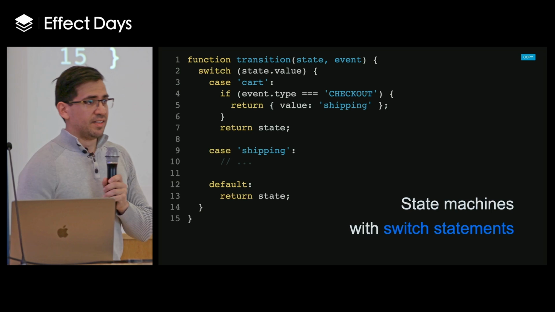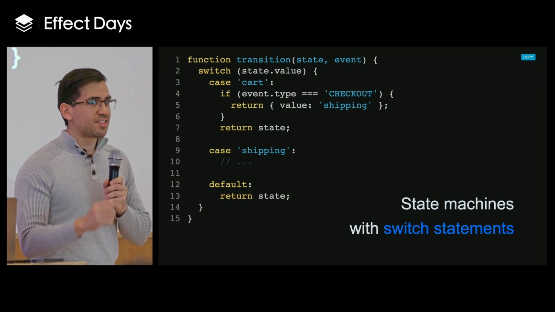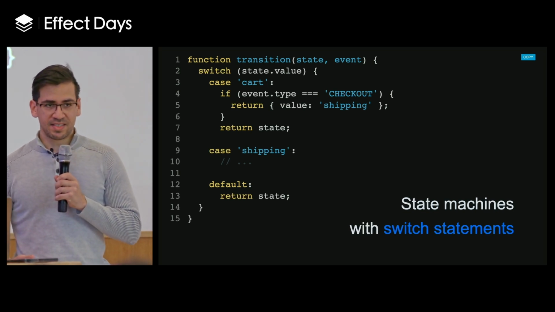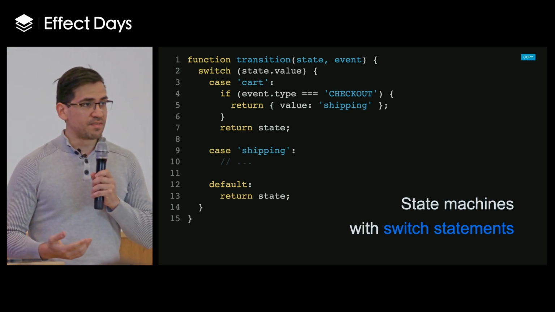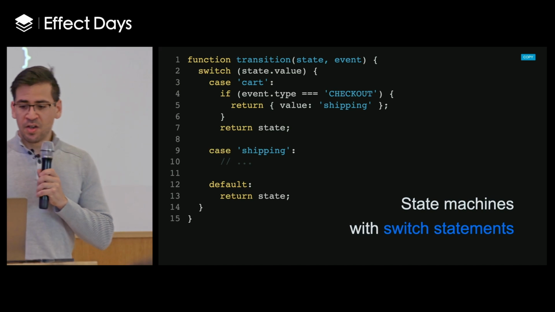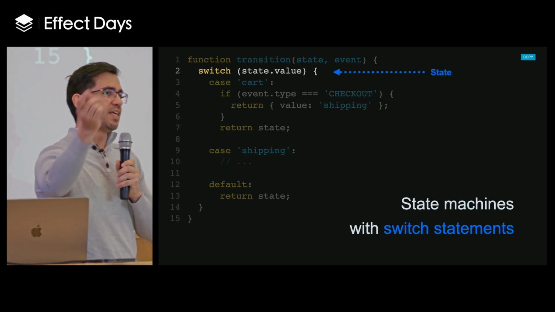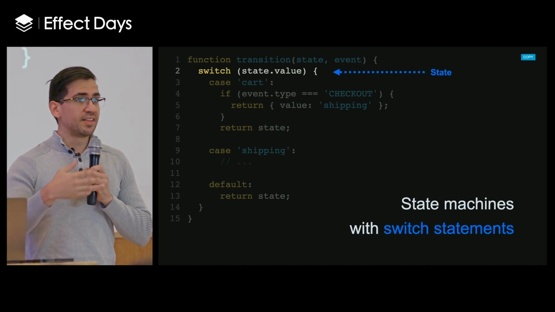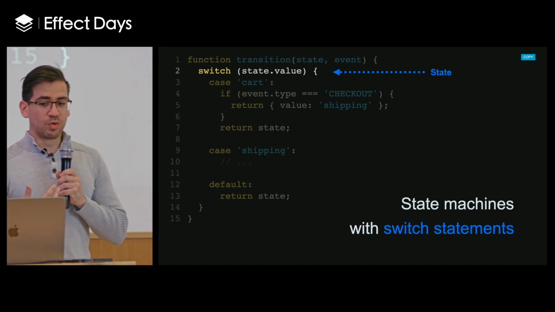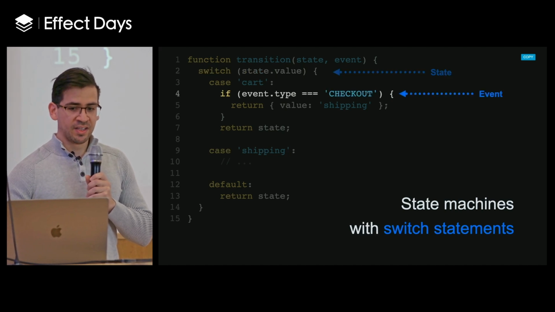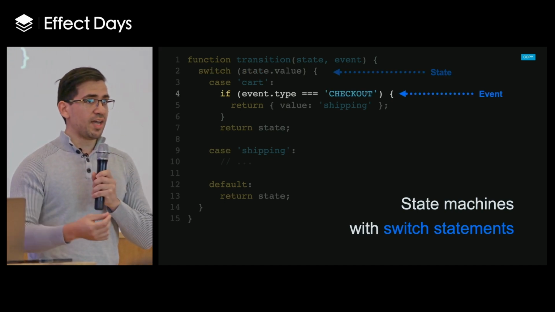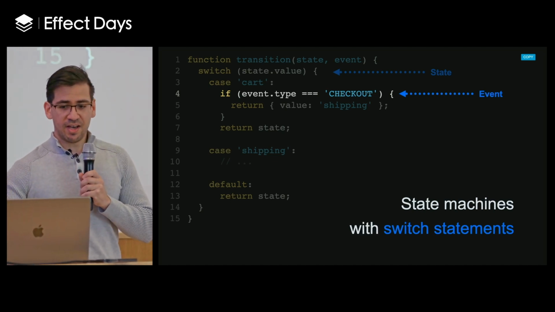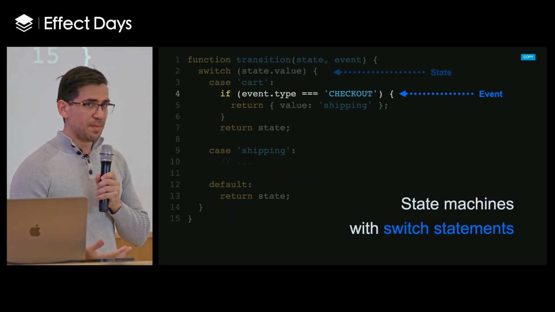But these are implementation details that you could compartmentalize in the different parts of the state machine, which is really nice. Now, making a state machine does not require a library. You don't need to use XState necessarily to make a state machine. One of the most classic ways of making one is using switch statements, where instead of switching on the event or the action, if you've used Redux before, you would switch on the state. So depending on which state you're in, such as the cart state, you then check, OK, which event just happened. So if the event.type is checkout, then we will go to the shipping state.